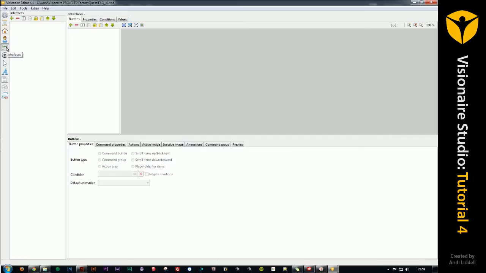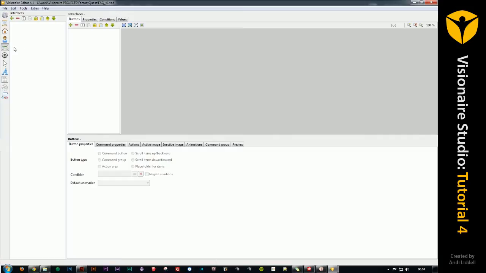But interfaces can be things like the inventory panel, something like a verb coin that pops up, something like just the controls for your mouse for left clicking and right clicking and things like that. So the one that I'm going to set up, I followed a tutorial about 6 months ago when I was first making my game. I think I might have even downloaded a template of a verb coin one and learnt a little bit from that, but I'll take you through the steps that you need to do to start one